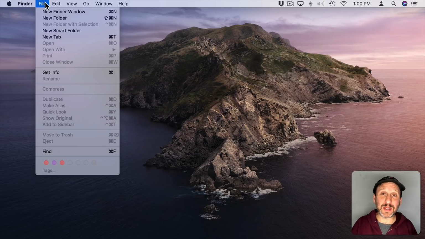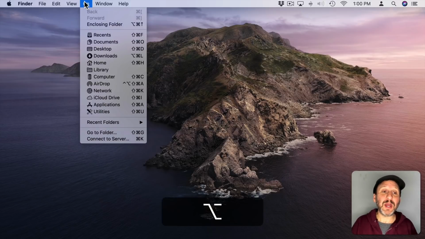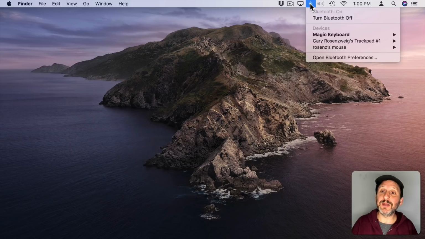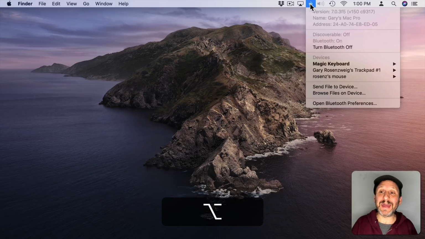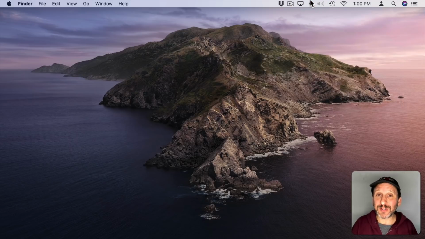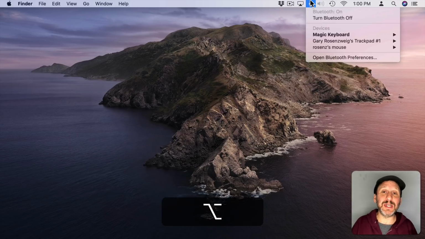If you want to find more hidden things, go into your favorite apps and simply go through the menus and hold the Option key down to reveal different things. The same is true for these menu bar icons here. Some of them reveal more things if you hold the Option key down. Here's Bluetooth for instance, but if I hold the Option key down and click Bluetooth I get a lot more. For these often you have to hold the Option key first and then click. If you click first and then hold the Option key down it doesn't change.